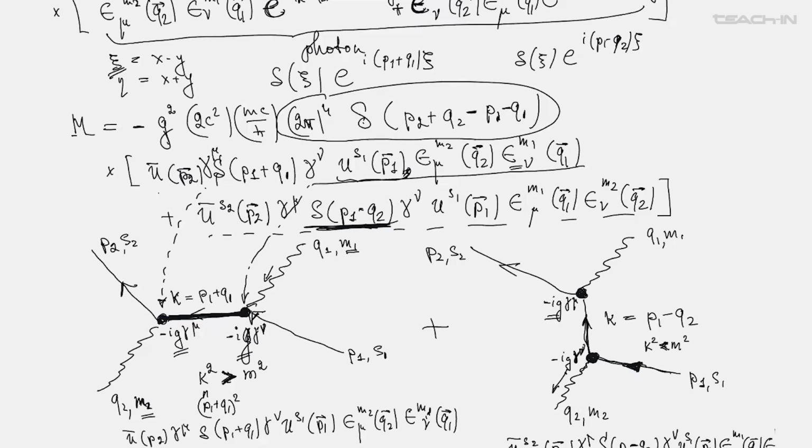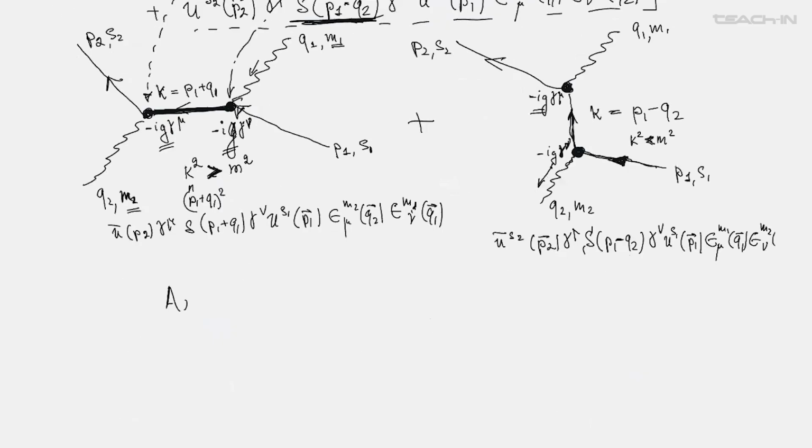And so the amplitude from initial to final state, I use the same expression as we used in scattering theory to compute the cross-section. So the amplitude is given by the following expression: g squared